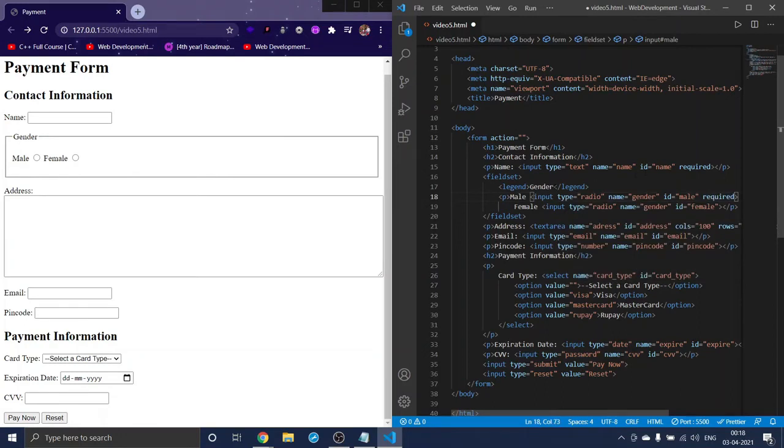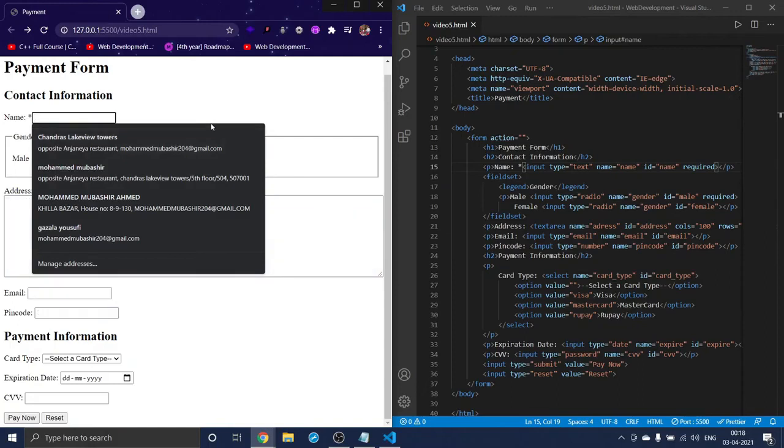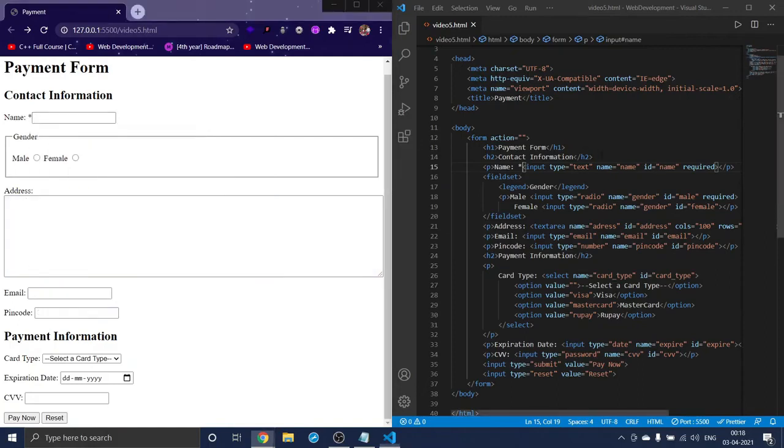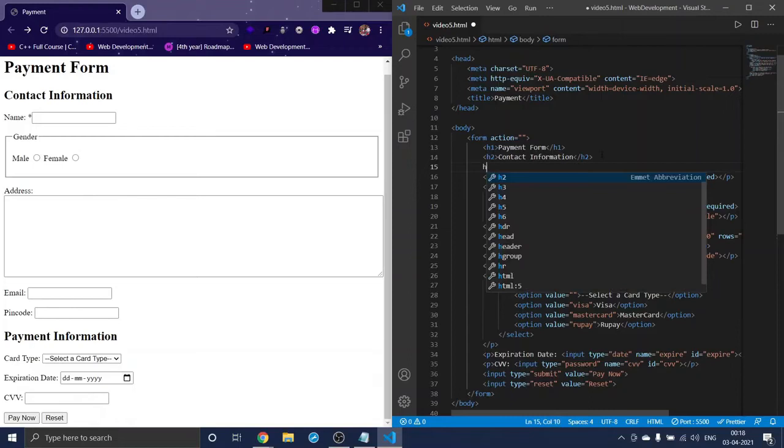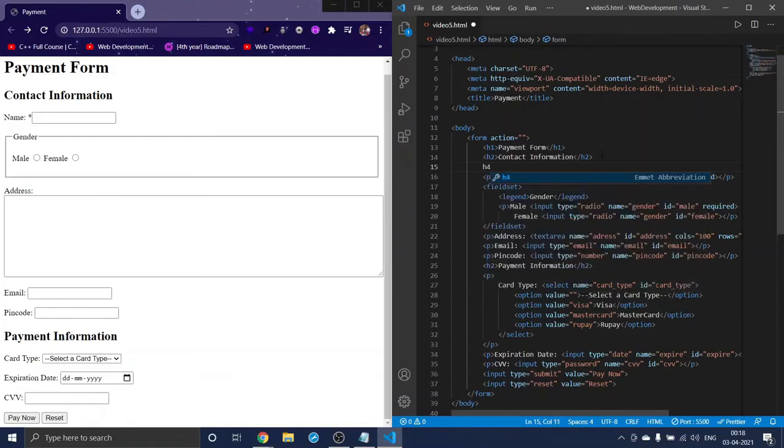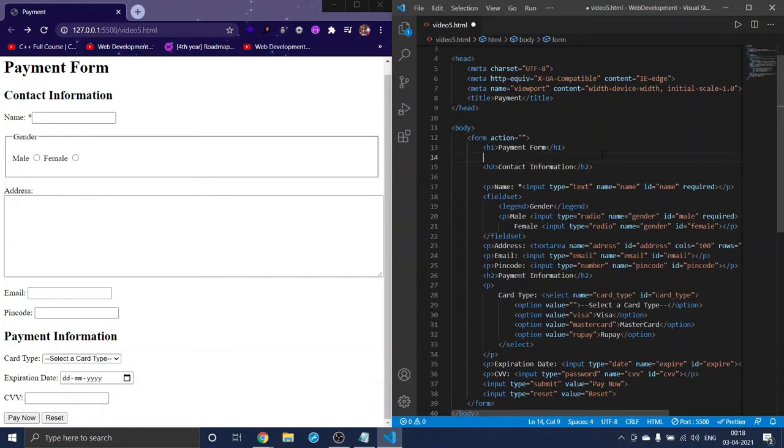And so that the user knows this is required, what you can do is give a star here, which says that this is required, and you see here we got a star. And if you want, you can give an h4, which says "Required fields are followed by an asterisk", which means the star.